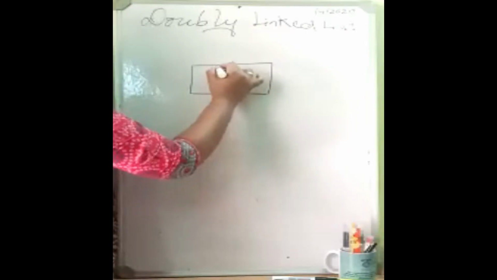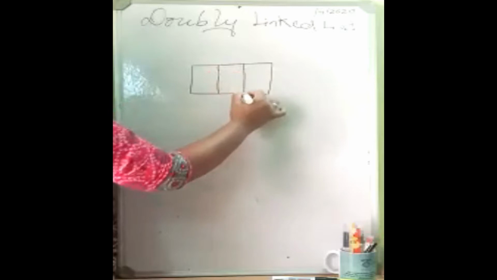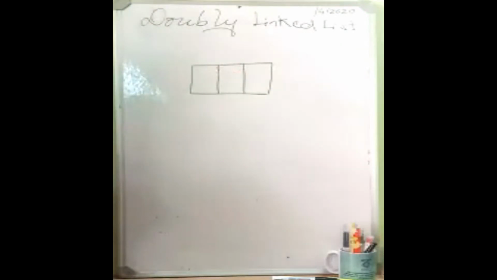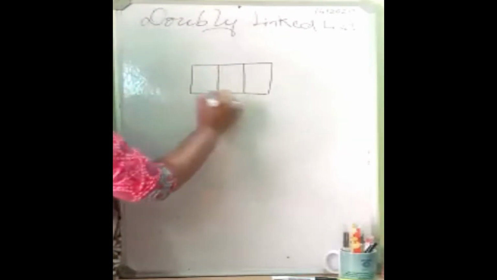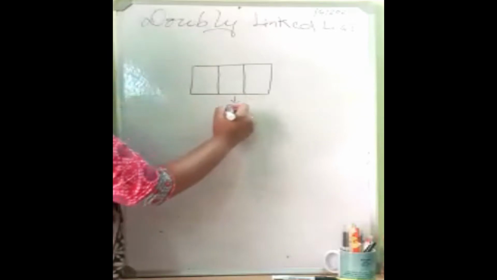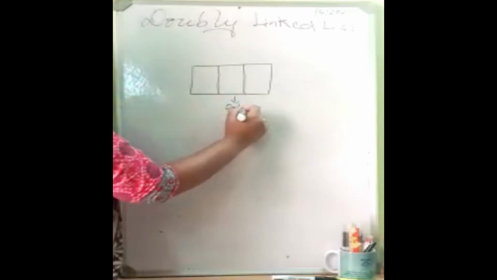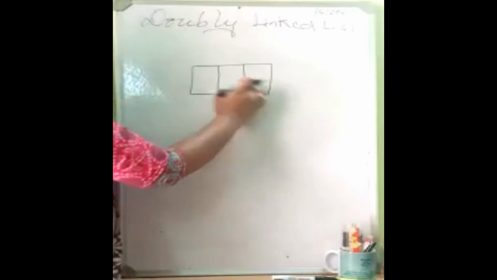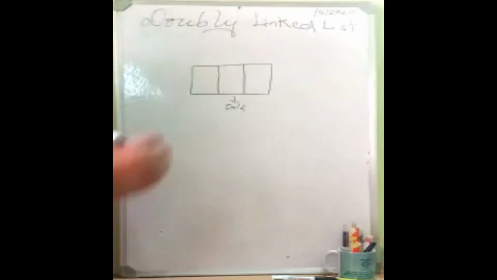Doubly linked list. How is it different from a single linked list? A single linked list will have only one address field and any number of fields in which we can store data. But in the case of a doubly linked list, we have two address fields, right? Here I have considered three fields: one for holding data, and the other two are address fields, right?